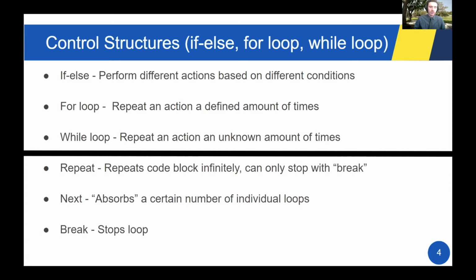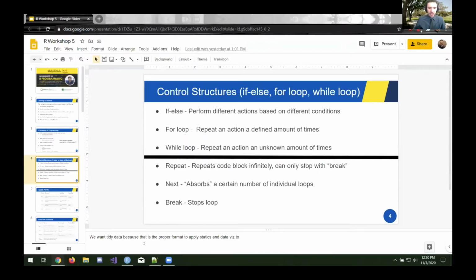The next control structure absorbs a certain amount of individual loops or iterations. This can mainly be avoided with good programming of the for loop, so you can avoid those next control structures. And finally, we have break, which will just absolutely stop the loop dead. These can also be avoided if you program your if else and for loops correctly or in a more elegant way. All right, so let's jump